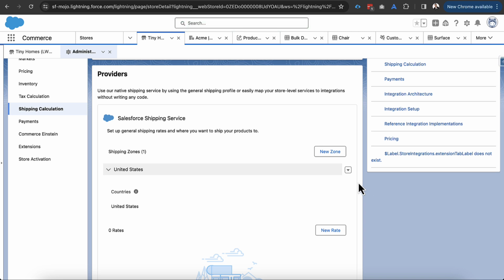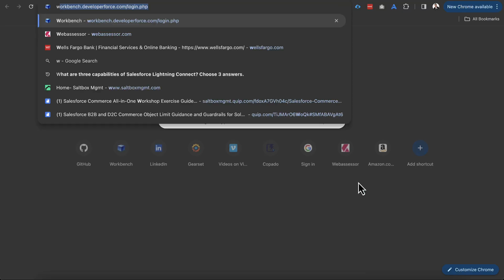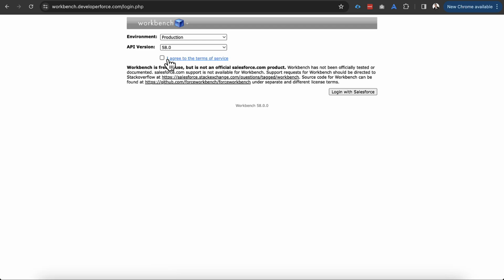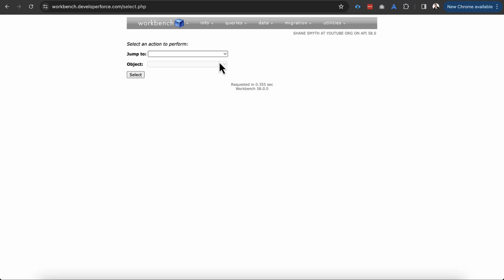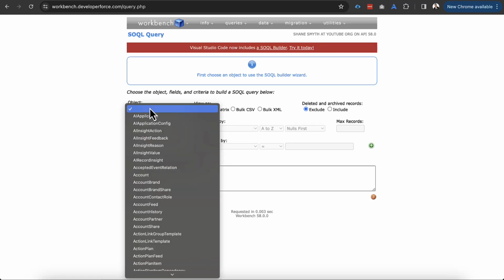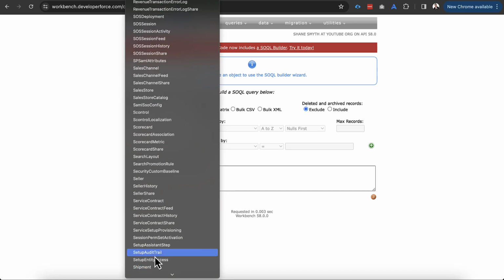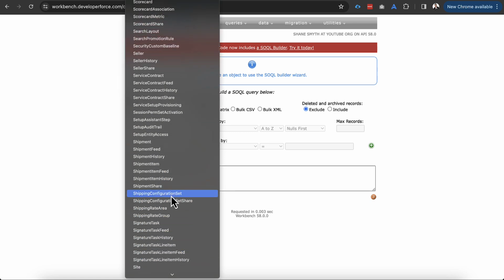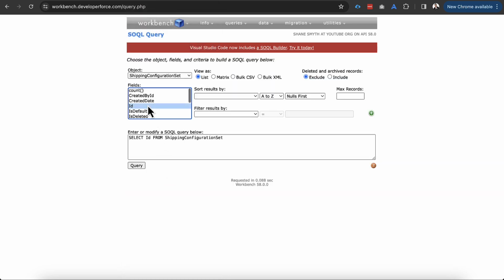Now, while I go through this, I thought it would be helpful to also show the data behind this. So I'm actually going to open up Workbench, and we are going to go through and just take a look at these objects as we go. So we'll go over into the SOQL query here, and we're actually going to start with our shipping configuration set. And if we go into that,